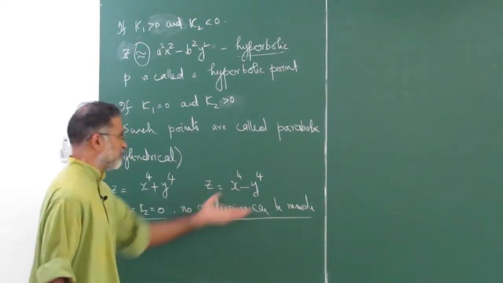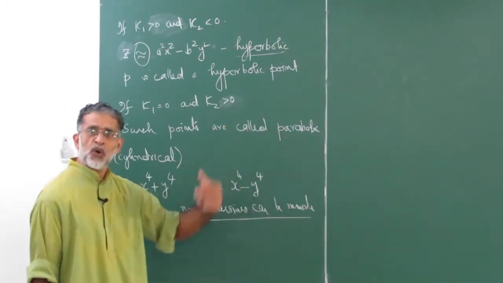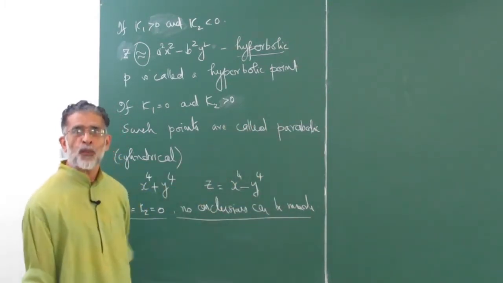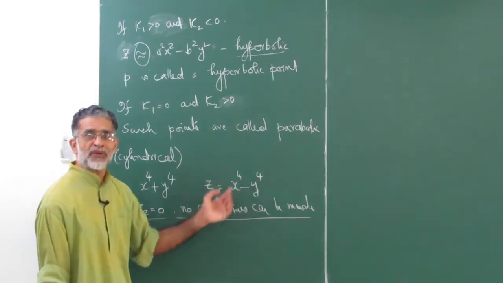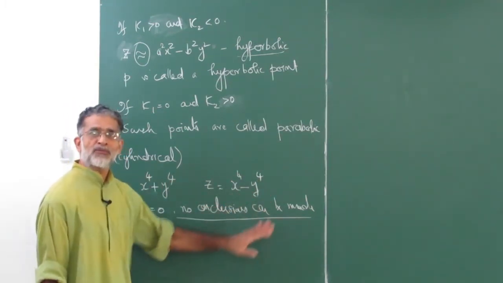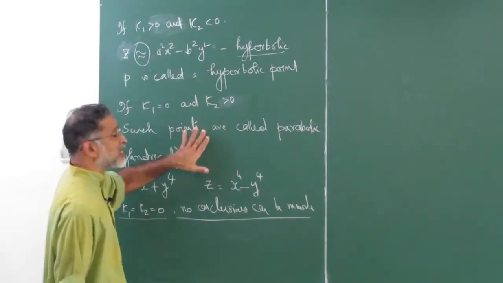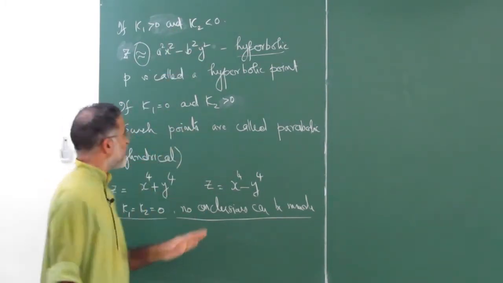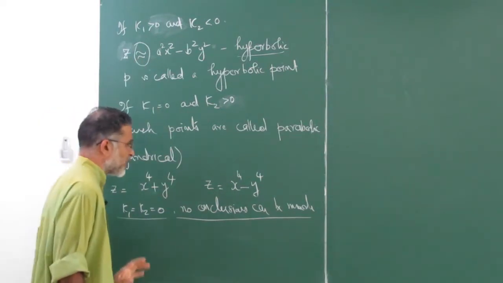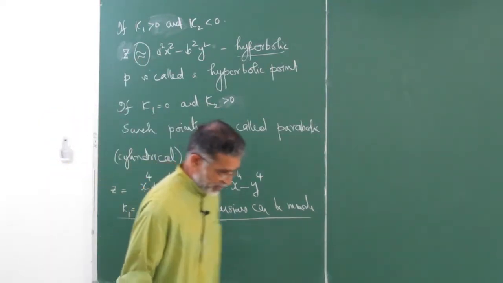And that is why, look at the Taylor series, the second degree term goes, so you will get 0. So curvature becomes insignificant. Therefore, you have to be careful while making conclusions if this is 0. If this is happening, then somewhat we can make conclusions. Okay, so that's the thing.